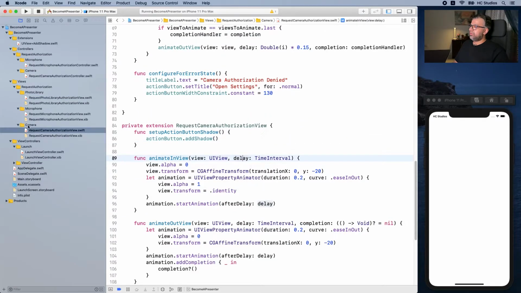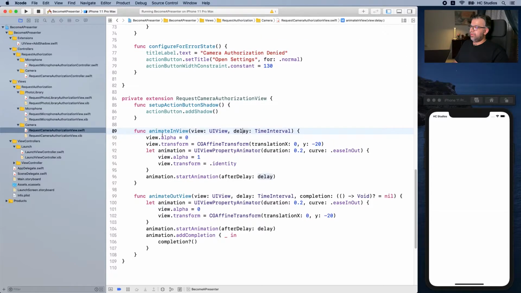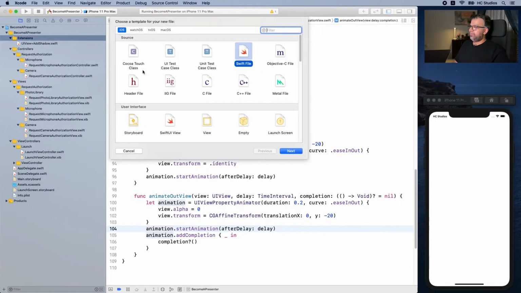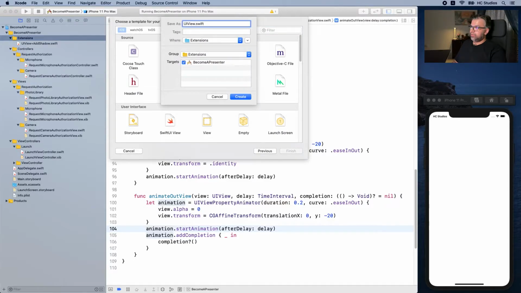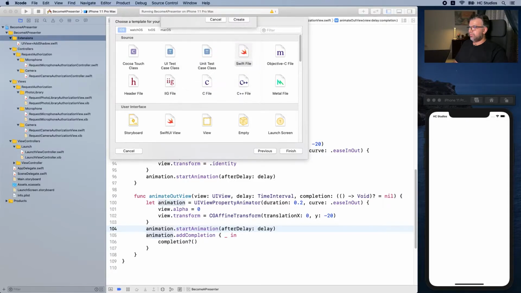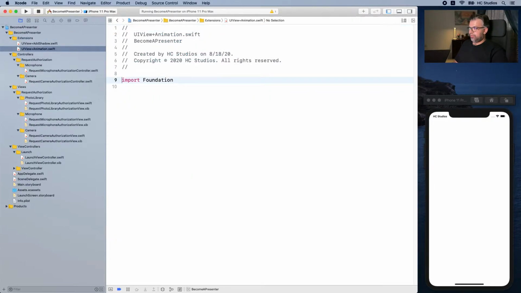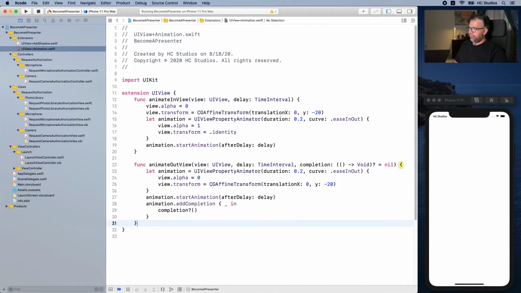So head over to request camera authorization view, and you can see we have two methods over here, animate in and animate out. I'm going to copy them. Like before, click on extensions, add a new file, select Swift file, say next. I'm going to say UIView+Animation. Like before, I'm going to say import UIKit, extension over UIView, paste the functions,